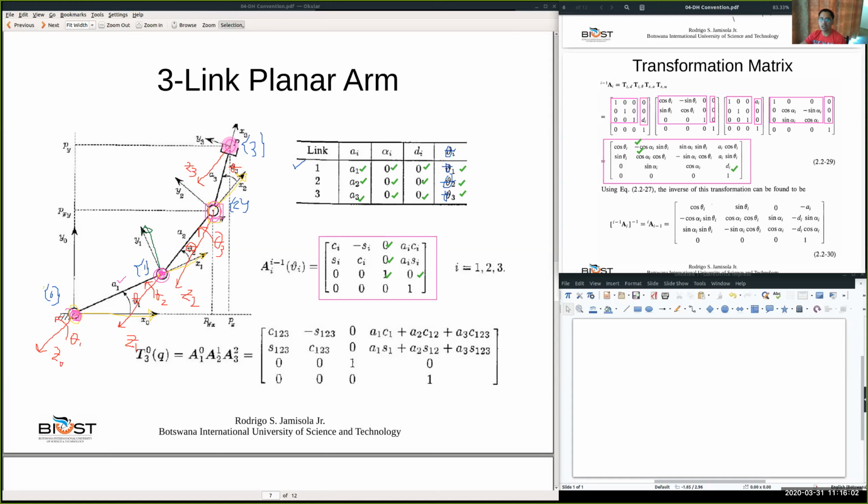And so we see that this is, as we discussed last meeting, somehow there's a cancellation. Cancel this and cancel this, 1 cancel 1, 2 cancel 2. So it becomes the transformation from the base frame to the third reference frame, or to the end effector frame, which is this. And so now this is the total transformation for the planar robot. So with this, given this transformation matrix, we know what is the orientation of